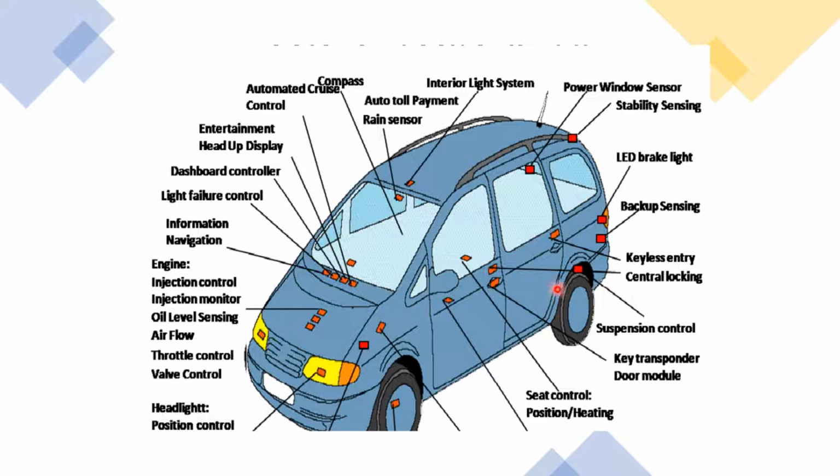You have embedded systems designed only for monitoring. You have embedded systems designed for both monitoring and controlling. The brain of this system will be an ARM processor, or basically a Cortex controller. You have the dashboard controller, light failure controller, information navigation, LED brake light, backup sensing, and keyless entry, which is very popular